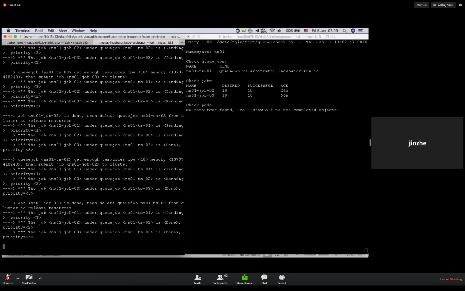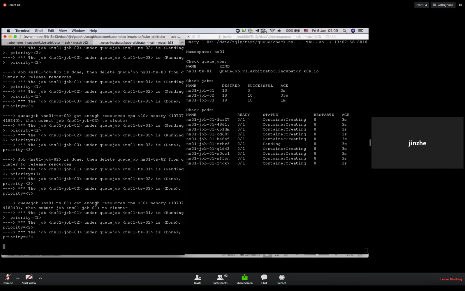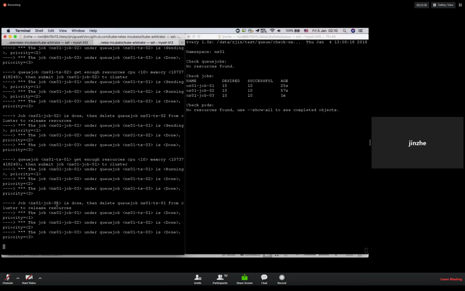Okay, the second job is done, and now there is only one queue job left, so it gets resources, and the user client submits the third job and runs it. Okay, all the jobs are done, and that's all. This is the demo.